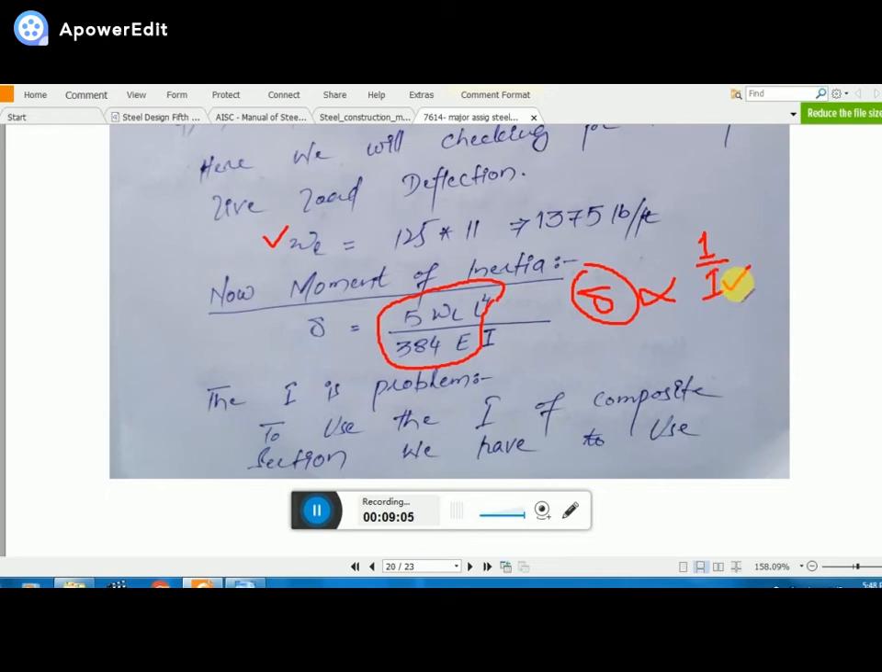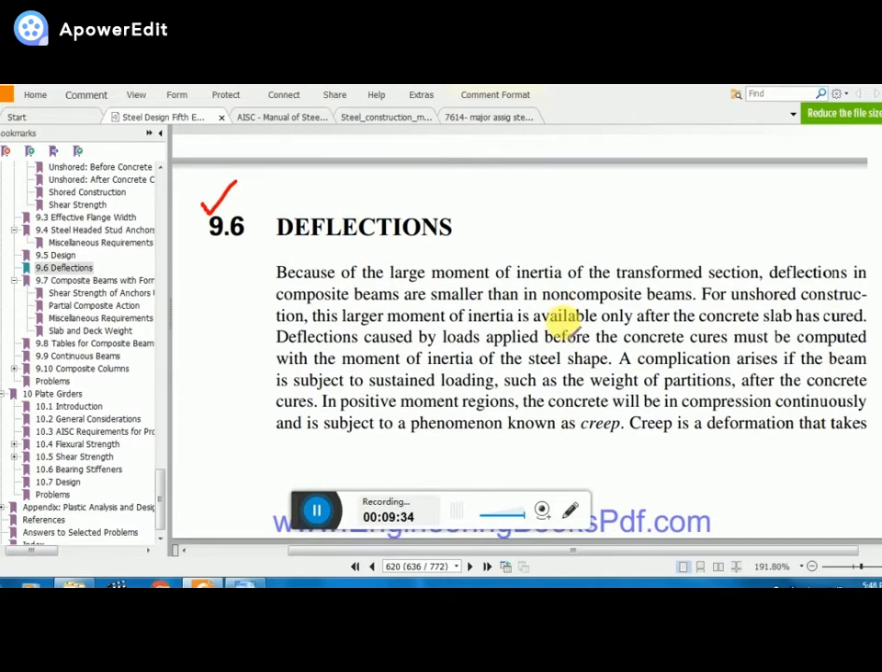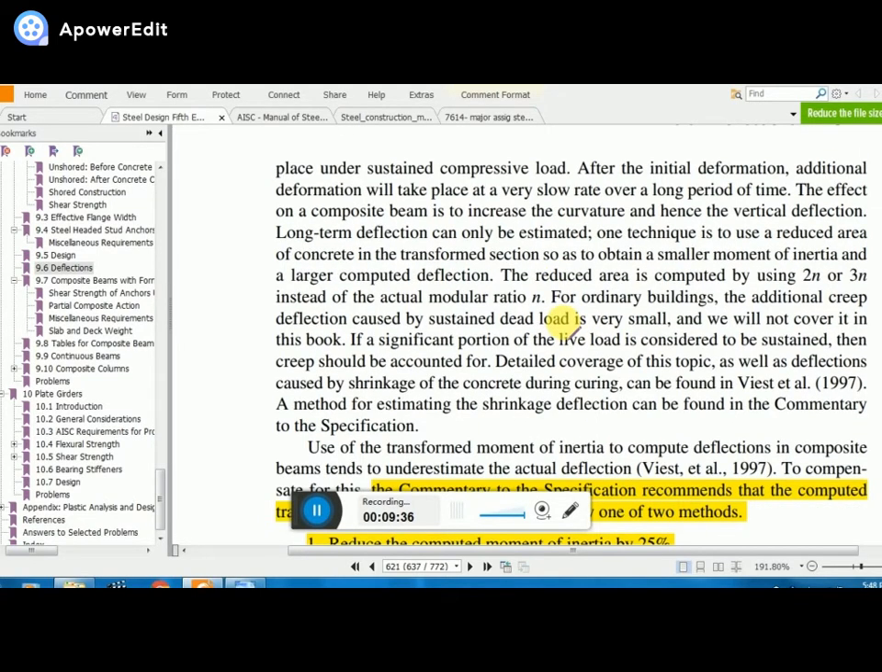Because we already know that moment of inertia is a function of the width and depth of the section, and here you see the depth of the section plays a very vital role, because it is cubed. Now in a composite section, we have a very large moment of inertia, and due to that large moment of inertia, what they basically did,